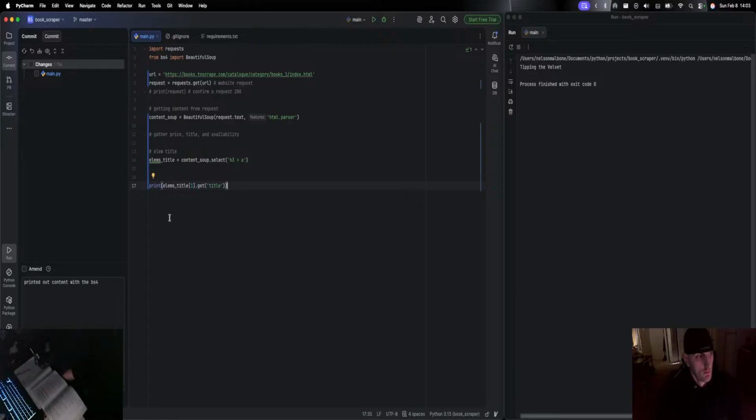So now we got that, we can pick out, it needs to be in the for loop. So we are able to print out